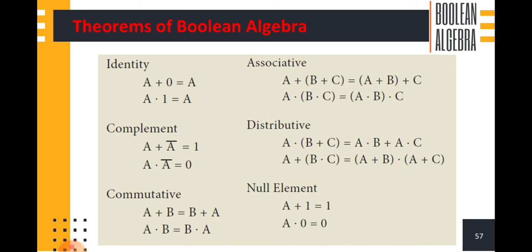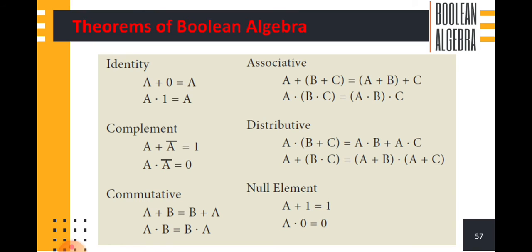So now you can see the theorems of Boolean algebra. What theorems are available? Identity law, that is A plus 0. We already know the addition identity is 0. We can add any number with 0 and we get that same number as the output. When you substitute the value of A as 1, 1 plus 0 gives the value 1. When you substitute the value of A as 0, 0 plus 0 again gives 0. Whatever the value of A is, that same value is given for the output. For that, A plus 0 equals A. So the addition identity is 0. When we add any number to 0, we get the same number.